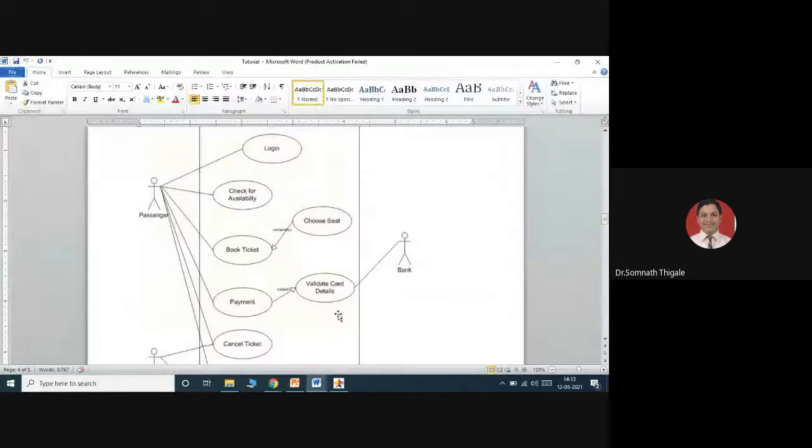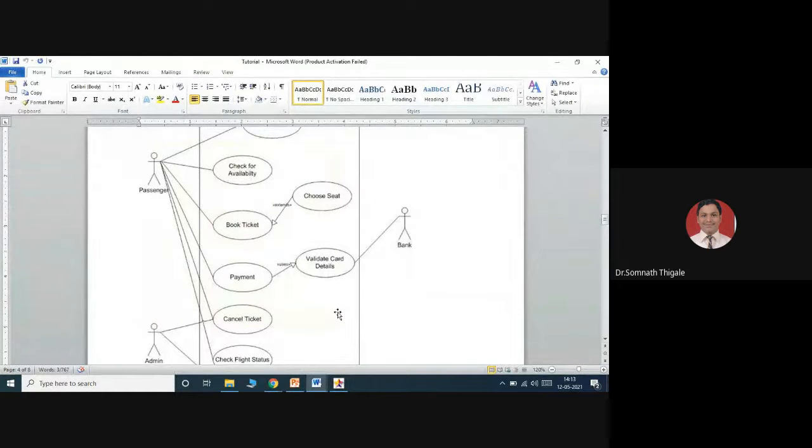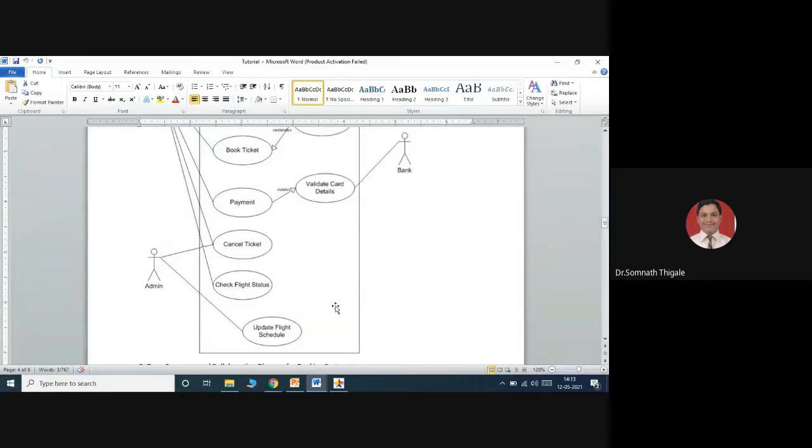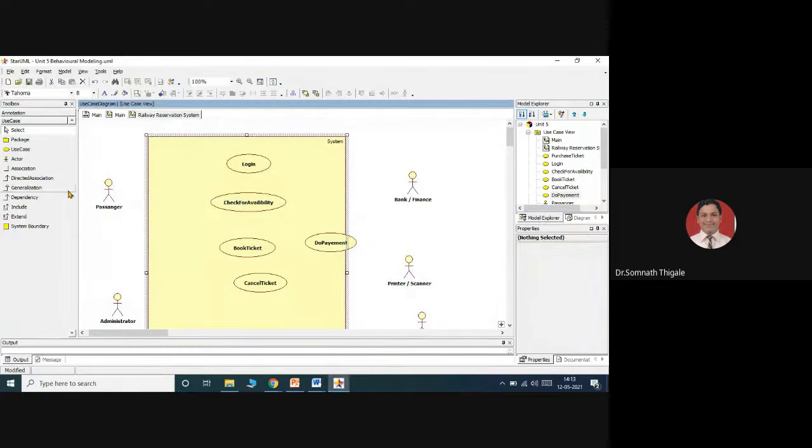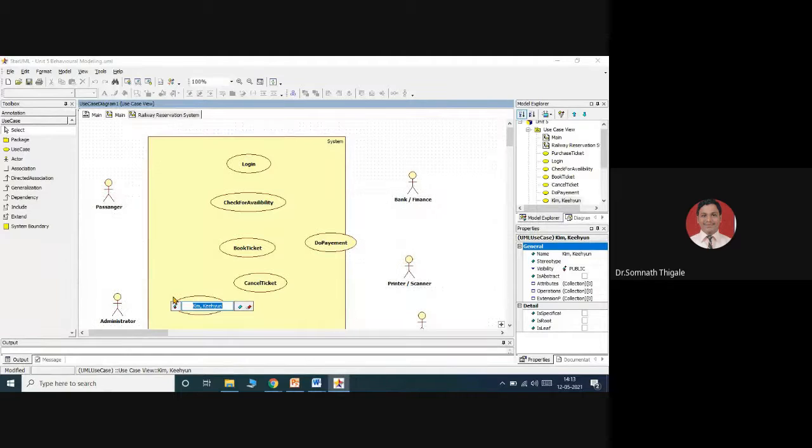Okay, now after the payment we can check the status. As the scenarios are going to change from time to time, I will say check ticket, comma, train status,